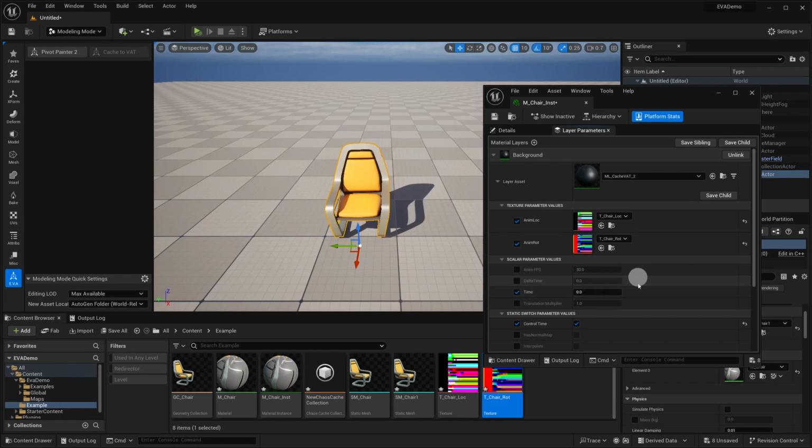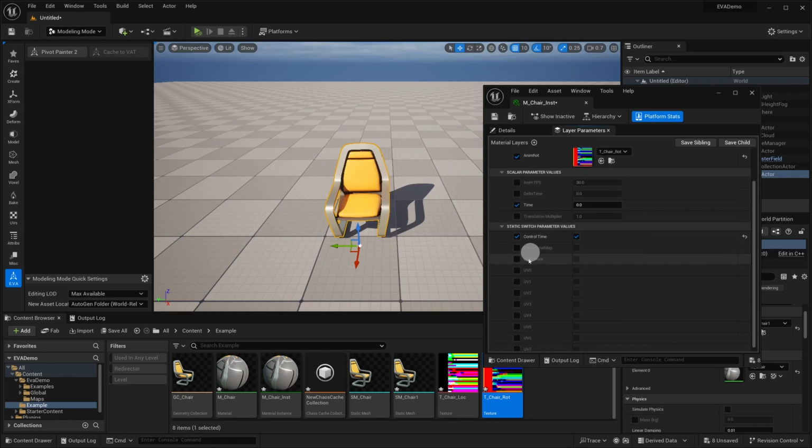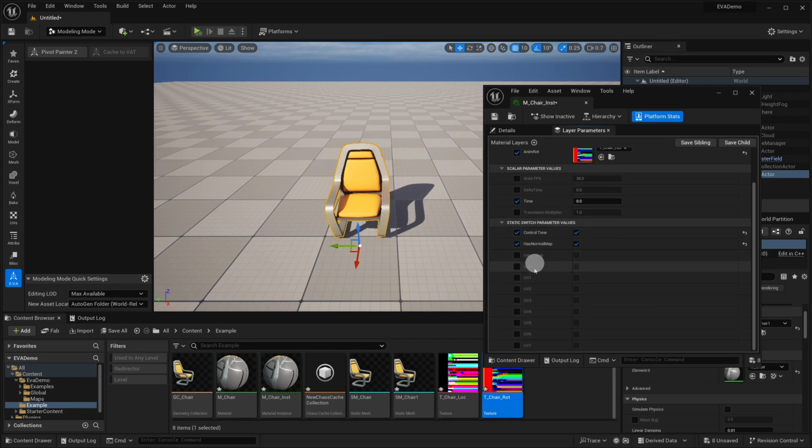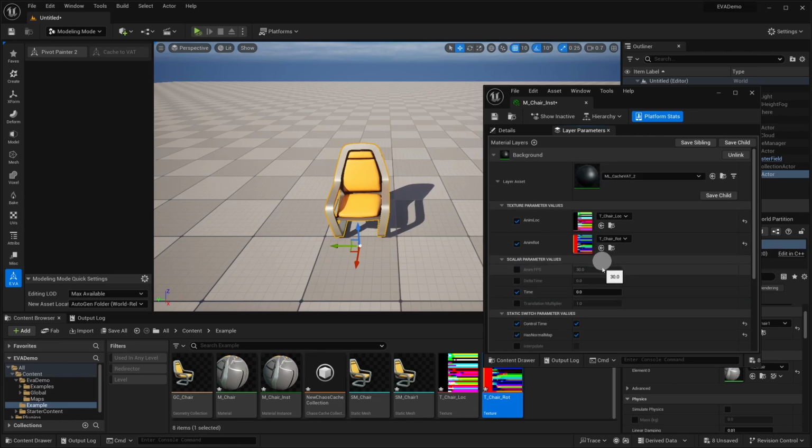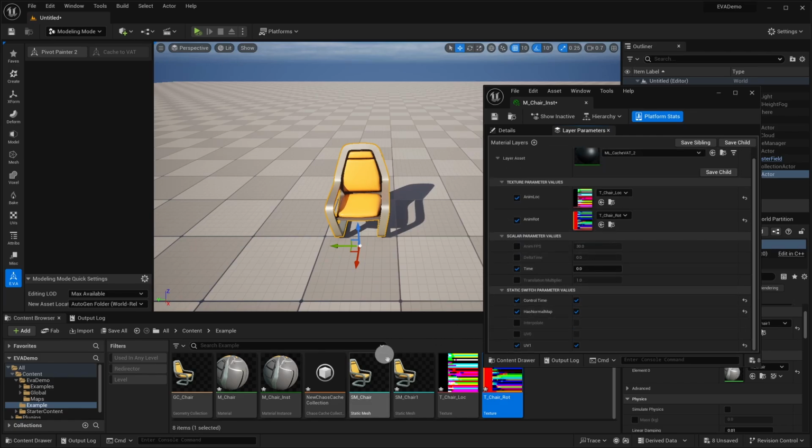It will be easier to demonstrate. And here we will check has normal map, because this chair has a normal map texture. And then here, in case you choose another UV, you can select it. In our case, we chose 1, so by default it's also 1, but check it. And that's it. We have our material instance that we will